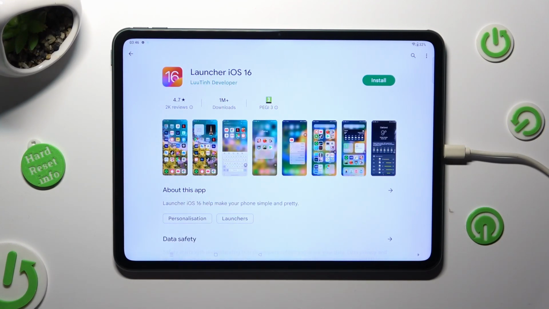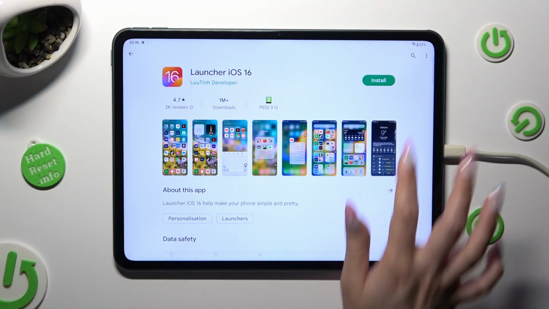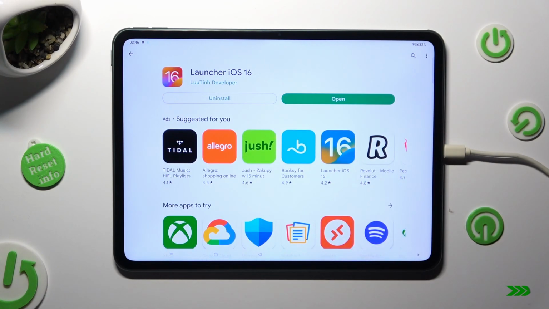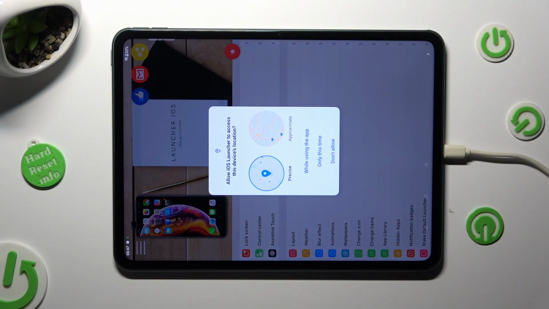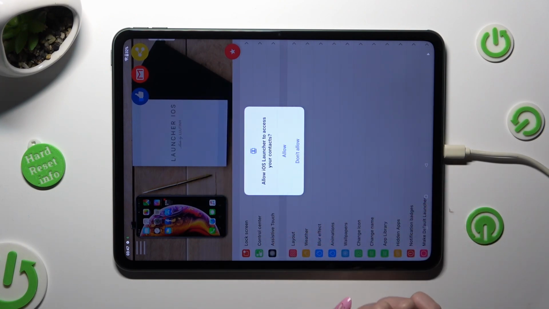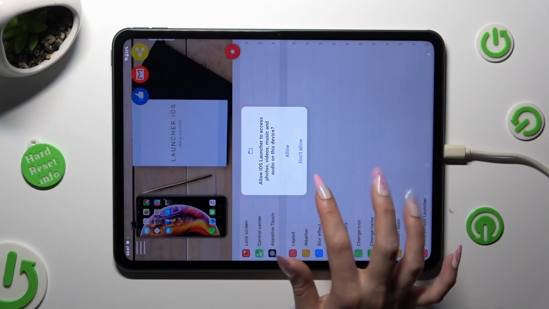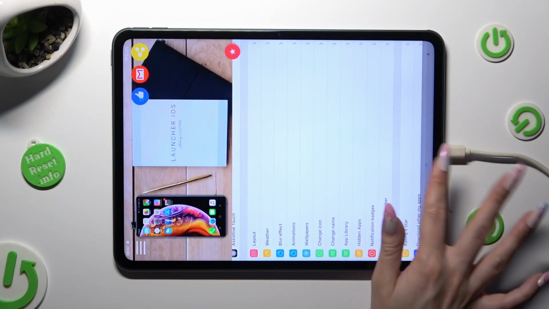When your app is ready, open it. Now, in order to use it, select while using and allow in all pop-ups. So while using the app, allow. Then close your app